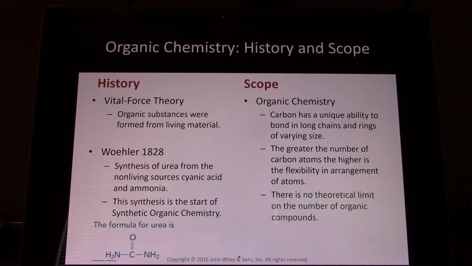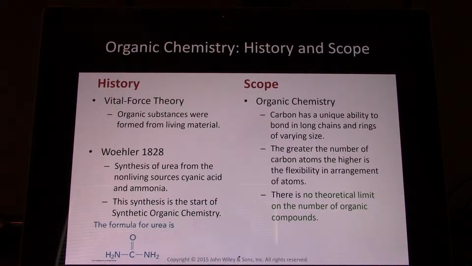However, Wohler in 1828 synthesized urea from scratch using cyanic acid and ammonia. And this was the very beginnings of organic chemistry, because this was proof of concept. He said, no, you don't need a living thing to produce organic molecules. I synthesized urea from scratch. And because he did that, chemists wondered, well, what else could be synthesized? And pretty soon, millions of molecules had been synthesized.